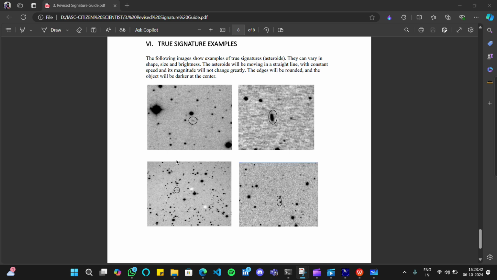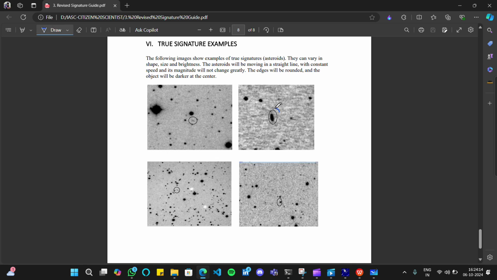So guys, here you can see the PDF with signature examples. This is a PDF provided by NASA itself. You will also get the same PDF, so no need to worry about it. So let me come to the point. What is the use of this blink current image? Let me tell you what properties asteroids show in astrometrical software. Let me take a pen.